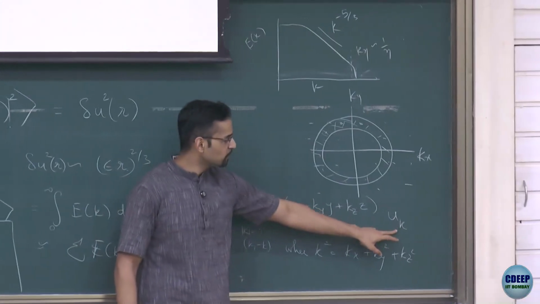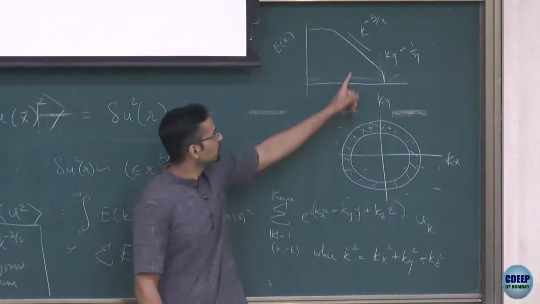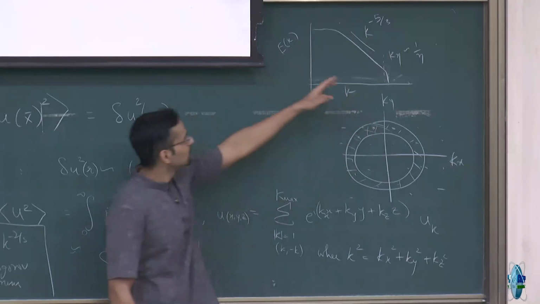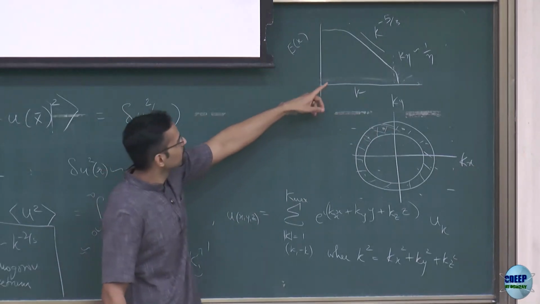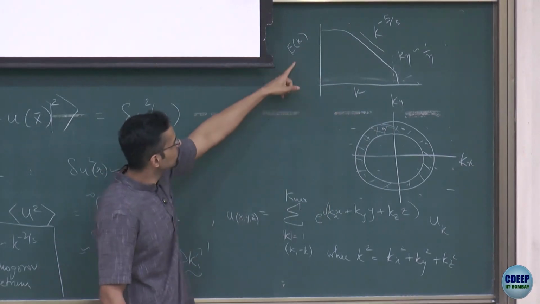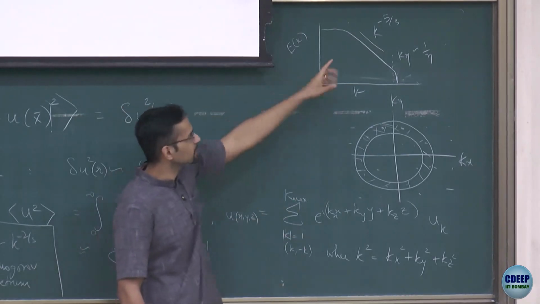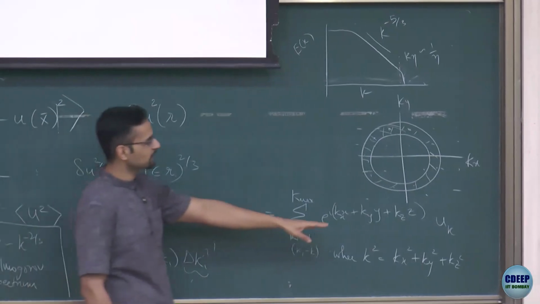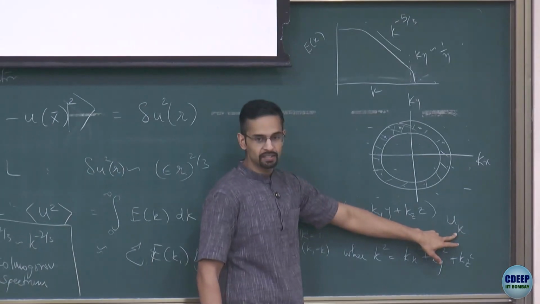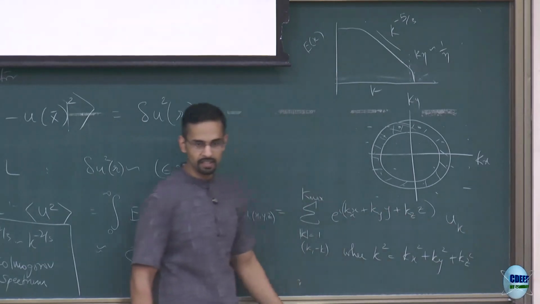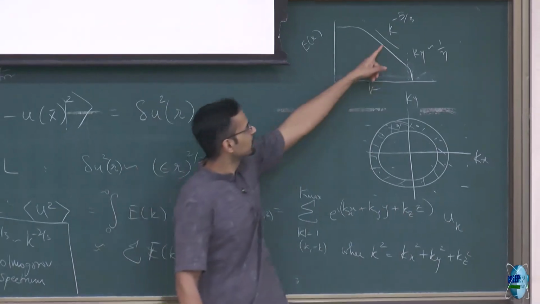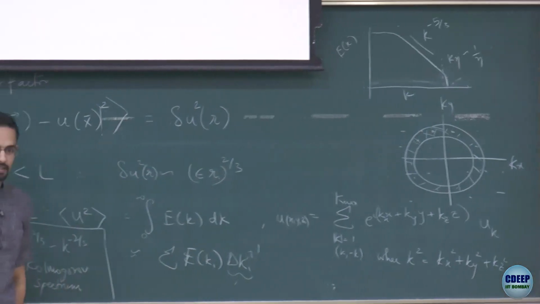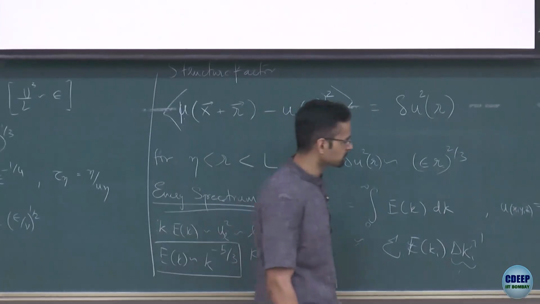So if I make the amplitude a function of k such that it obeys this behavior, that means u_k squared must be equal to u of k into k, and that u of k is k to the minus 5/3. So I choose the u of k accordingly. That means the u for small k's will be larger than the u for large k's, and the way they decay will behave like k to the minus 5/3. Then I will get the right spatial structure for my flow, at least statistically.